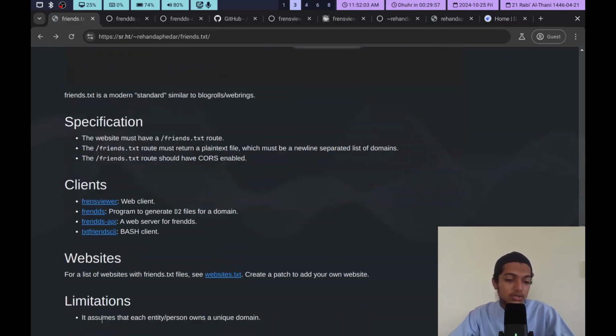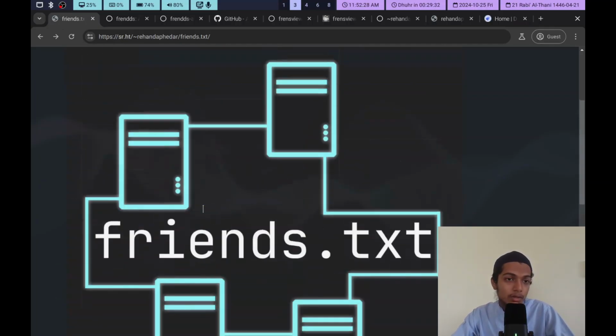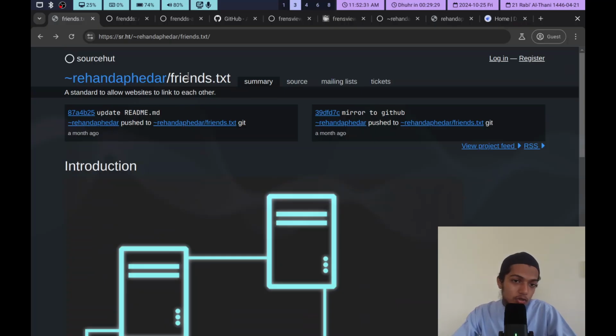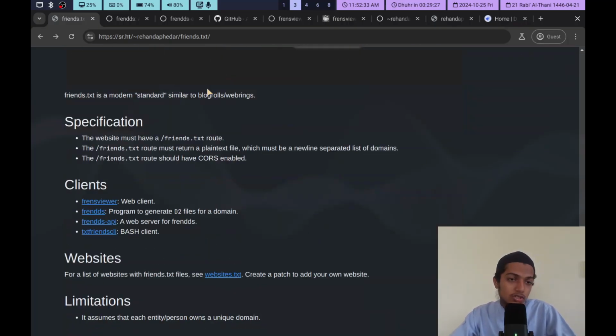And okay, so limitations. I had originally put it under a different repository, and I did not know that people actually noticed it. I saw some people on Hacker News, and they were giving good feedback. Firstly, that it should not be called a protocol, which makes sense, and also that we are assuming that each person has their own separate domain. Ideally everyone should, but the suggestion was that it should be a newline separated list of